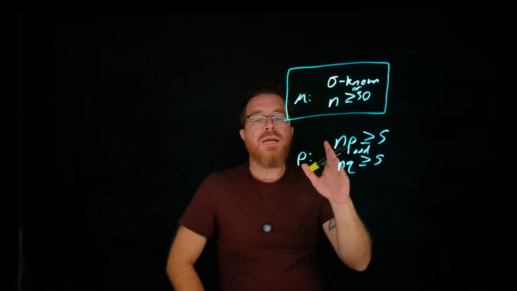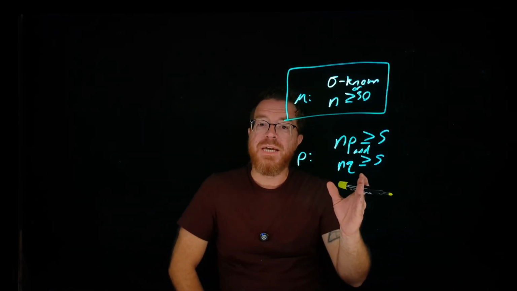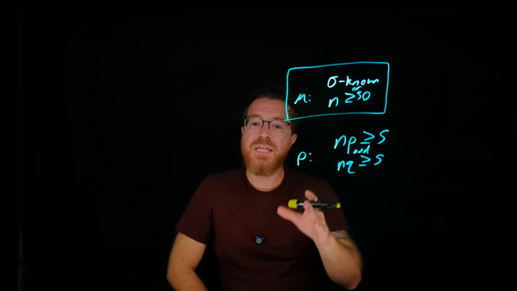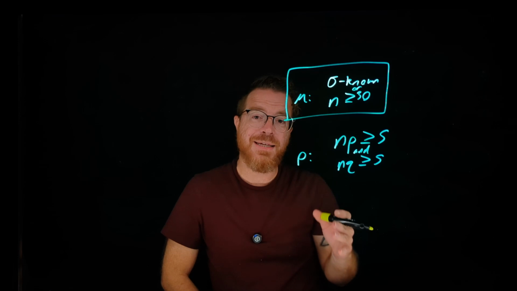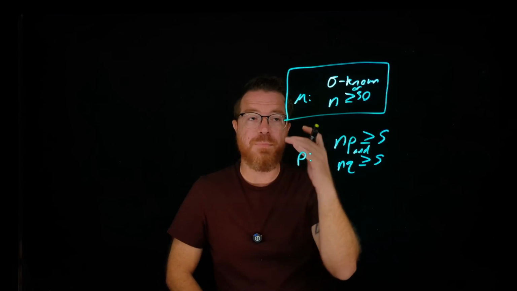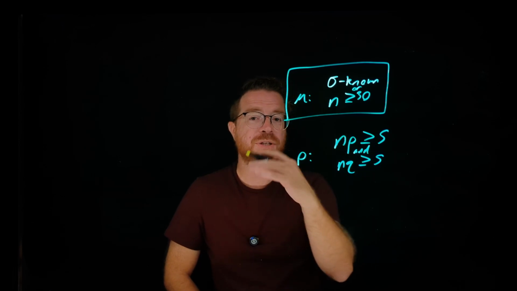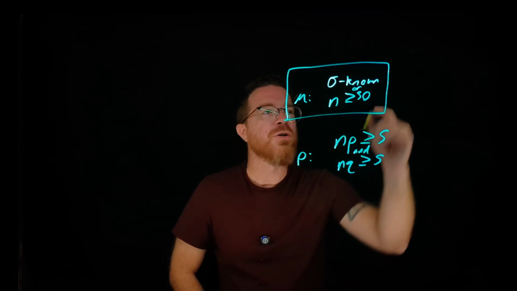From there, we now know which distribution we're looking at. So based on that distribution, we can find our critical value, which will tell us where our rejection region is. This will tell us if, based on our test statistic, it falls in the rejection region or in the fail to reject region. Our test statistic